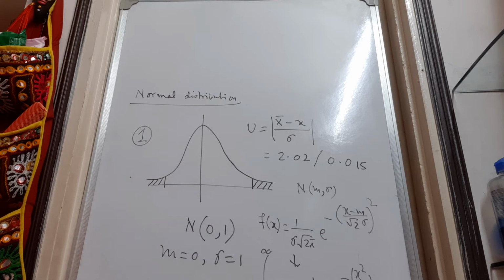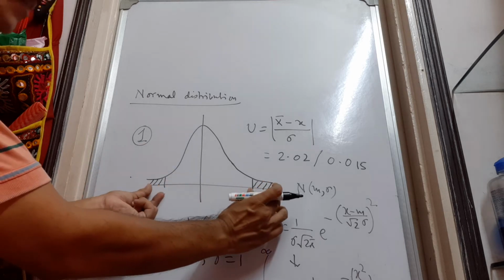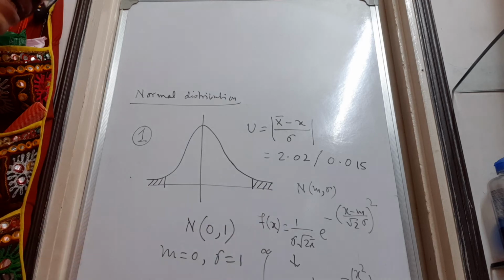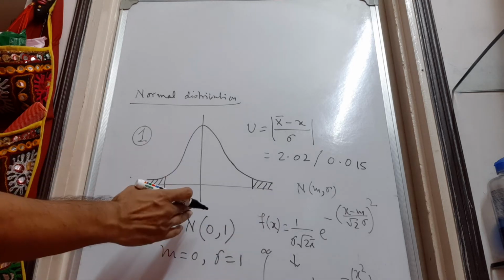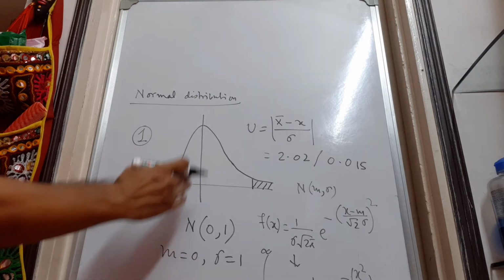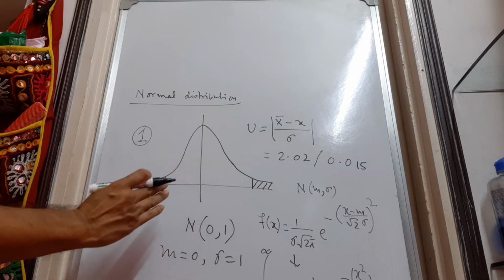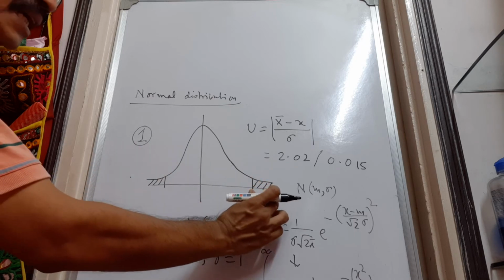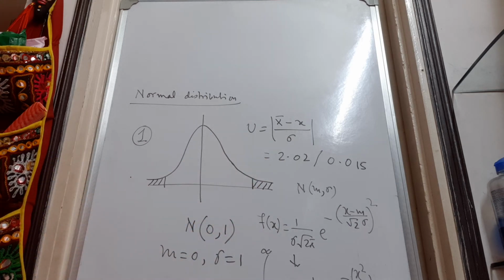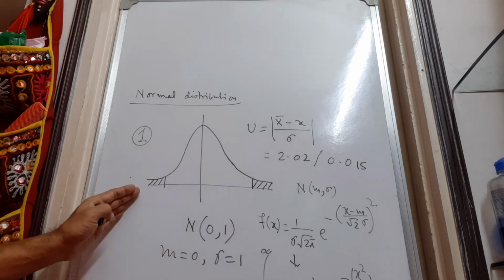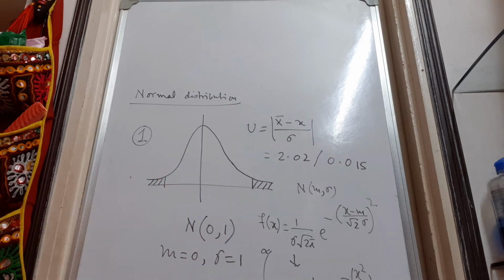And there are two types of values, one-tailed and two-tailed. Two-tailed means when we consider these two values, and one-tailed means when you consider only one value. We can easily apprehend that this is a symmetric curve. So, whatever is on this side, the same is on this side, half and half. So, this area is equal to this area. So, the two-tailed area is always 2 times the one-tailed area.